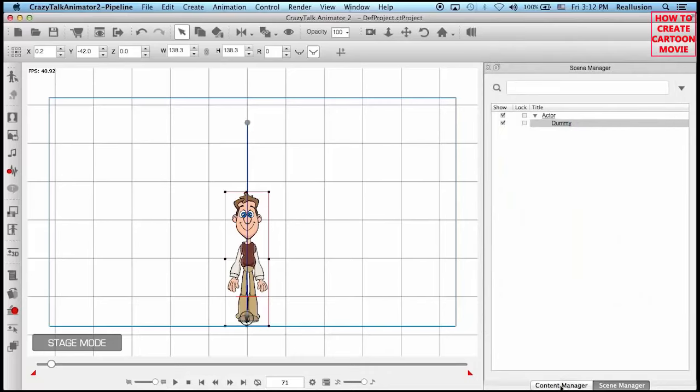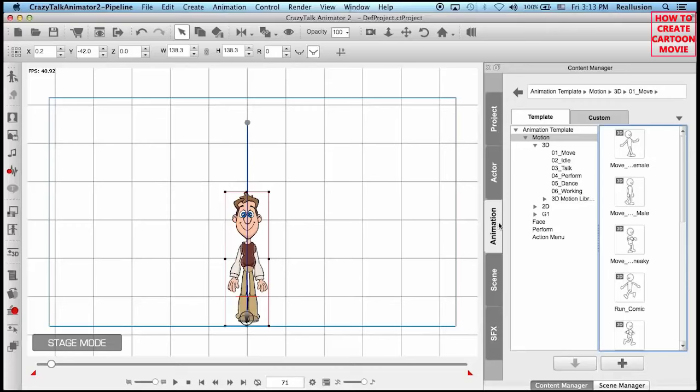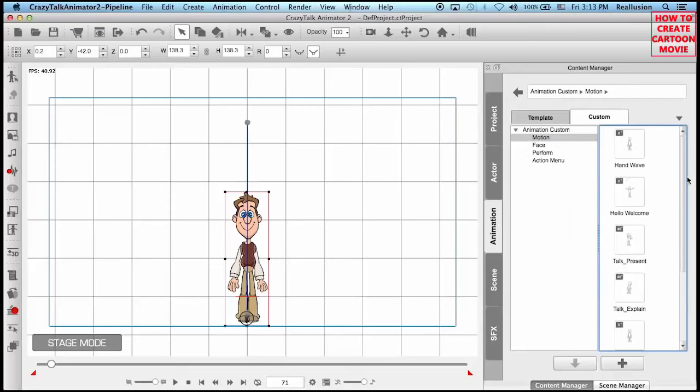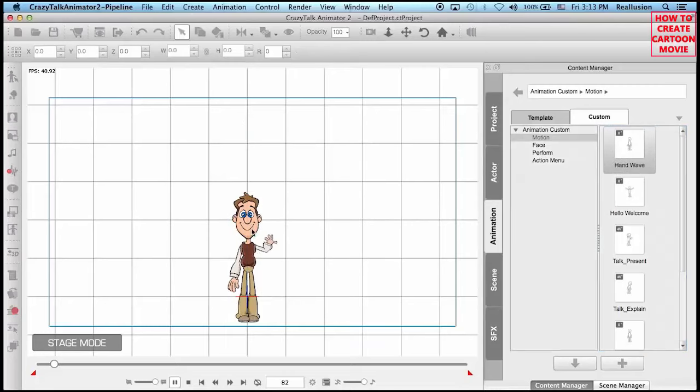Now, I can also drag in pre-made animations just like I did before with my Walter character. So I'm going to do this here. I'm going to drop in this hand wave that I made previously, and he's just waving just like that. Now, if you'd like to see how I created this animation, I'm going to do that right now